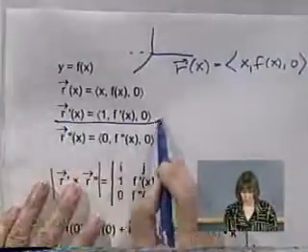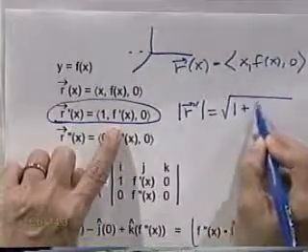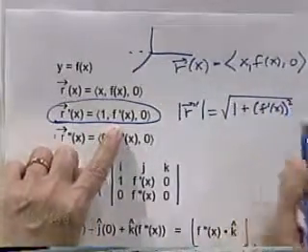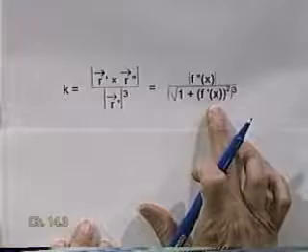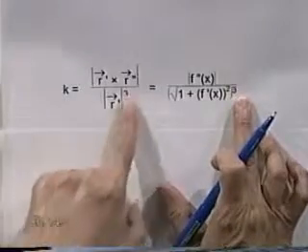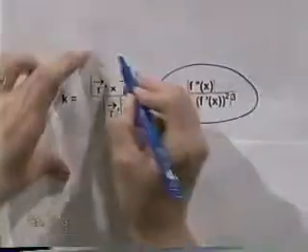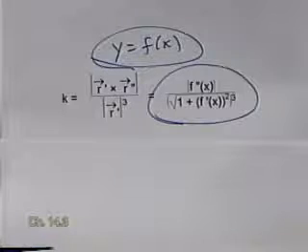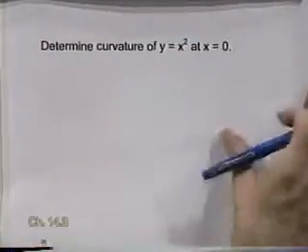Well, here's your r prime. The magnitude of r prime is just going to be the square root of the x component squared plus the y component squared. And I won't write the z component squared plus that's 0. And so that gives me the square root of 1 plus f prime squared. And then we cube it because of the 3 there. Okay? So when will we use this formula? We'll use this formula for curvature when your function's given in the form y equals f of x. If it's a two-dimensional graph and you want to measure how much it's curving. All right, so using that formula